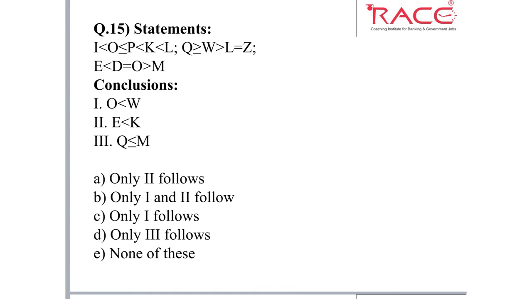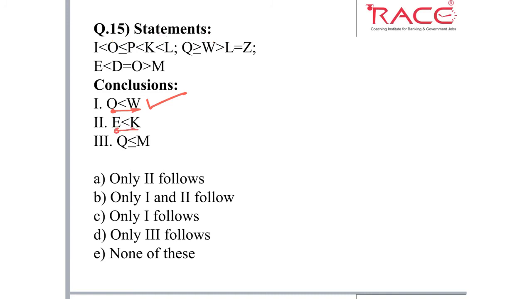And this is the last question of this type. So here first is from O to W. So where is O? O we have in the first statement as well as in the third statement, and W we have in the second statement. So from O to L in the first statement and L to W we can easily move. From O to L and L to W, all are open face, and we need one highest priority that we already have. So this conclusion follows. Now we will check for the second.